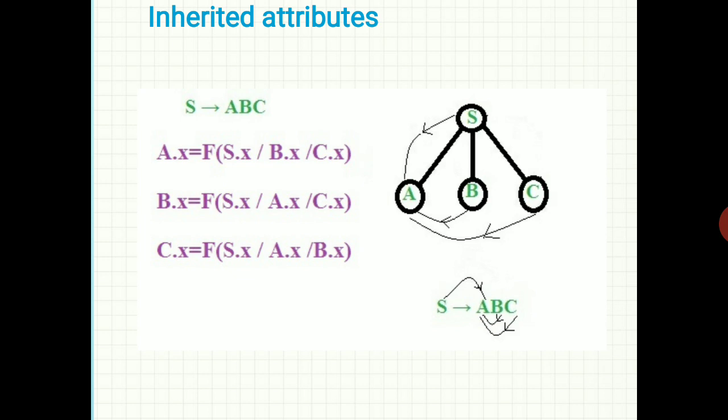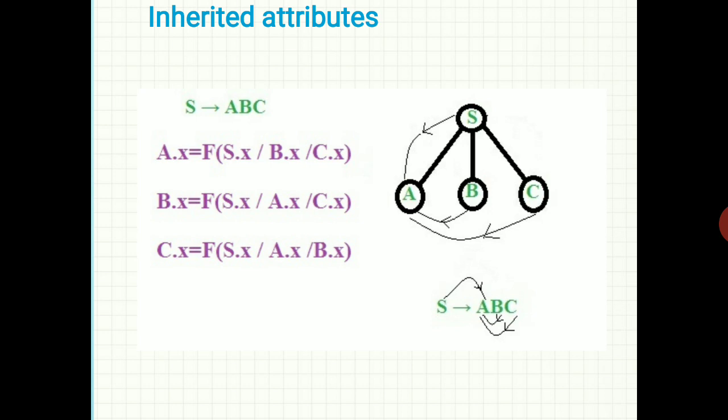That is, if the value of A is calculated from its parent or its siblings, then it is an inherited attribute. In the similar manner, if the value of B.X, that is the value of node B, is a function of its parent S or its siblings A and C, then we can say that it is an inherited attribute.